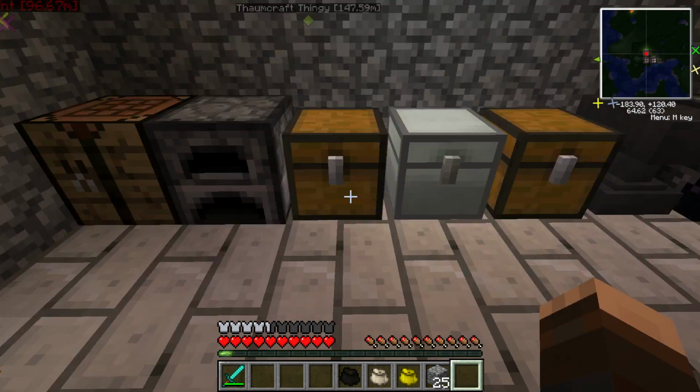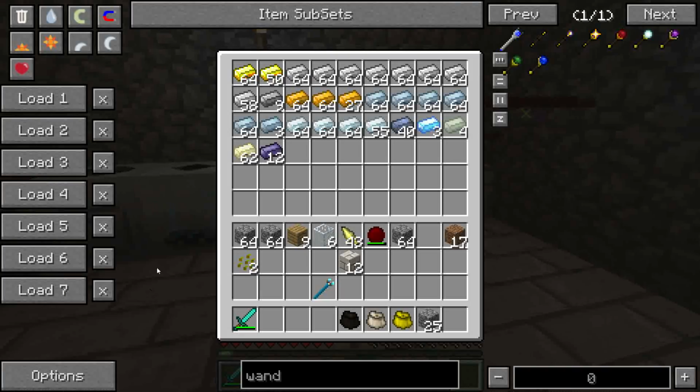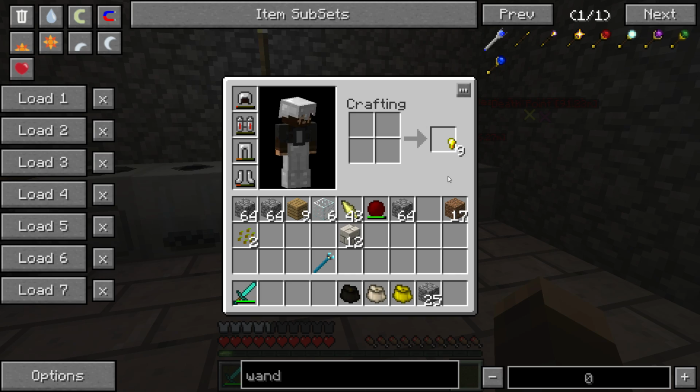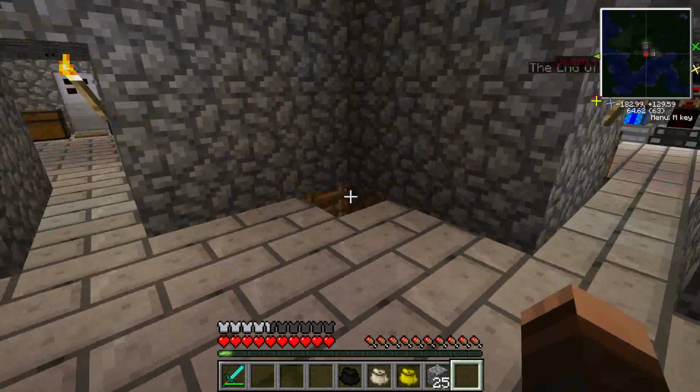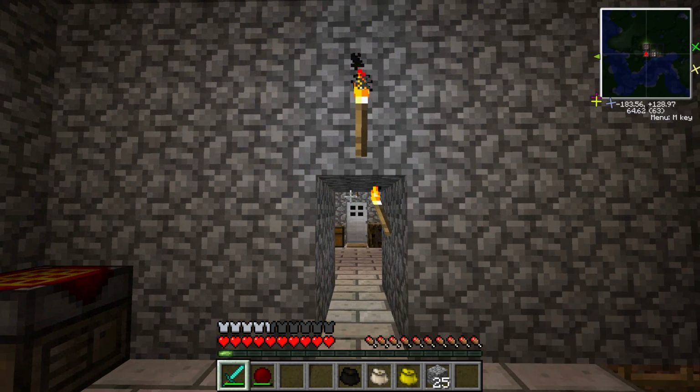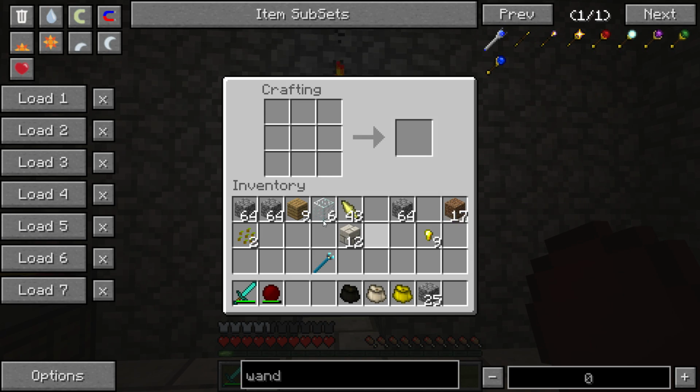See, I'm trying to remember the recipe, and I think I got it. I need a gold nugget. Thaumcraft might just be hiding this from me, or I need to craft it in a Thaumcraft crafting table, which is an arcane work table. But see, I thought you needed the wand to do that, to make an arcane work table, so...